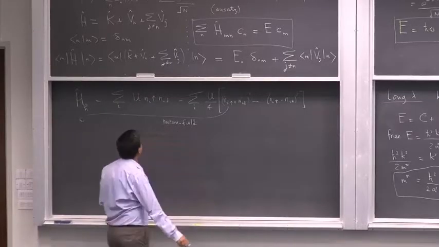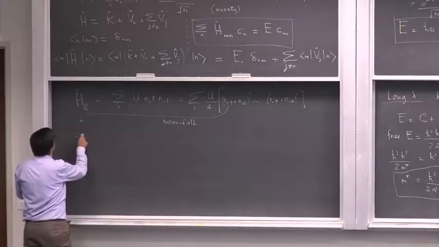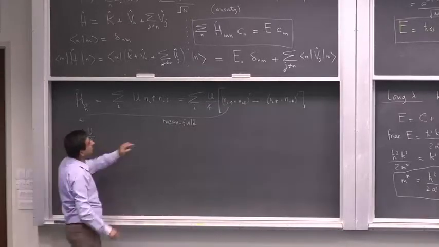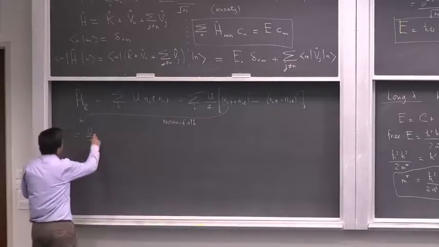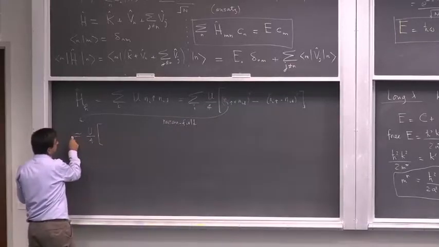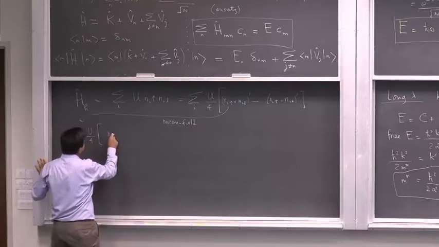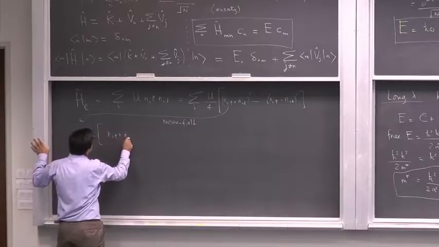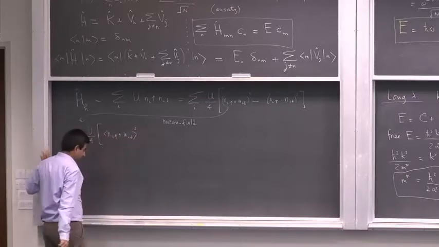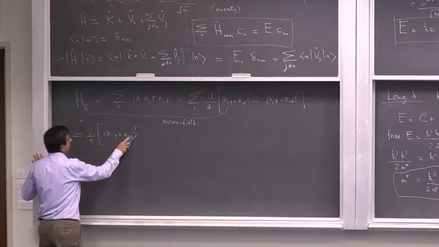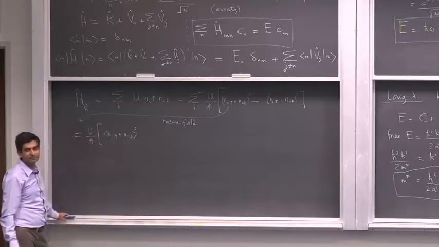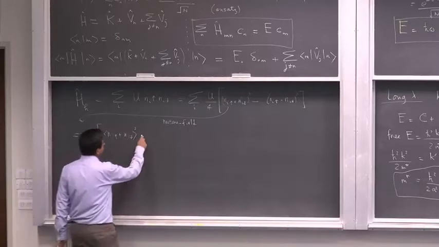So I write this as U over 4. I get rid of the sigma sign because I'm doing a mean field approximation, and I replace this with its average, (n_i↑ + n_i↓) whole square. And I don't need the i's here. Minus